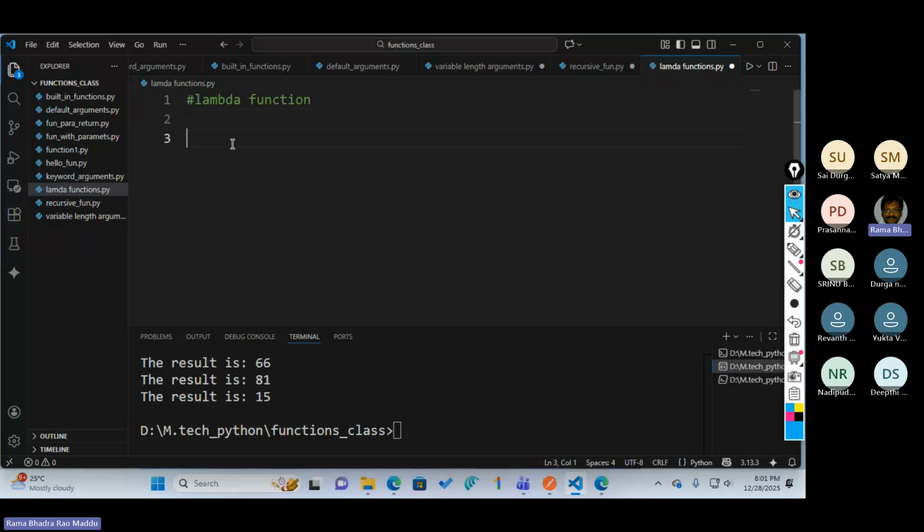If you want immediate evaluations, but you don't require any separate definition, for one-line calculation purposes, most widely we use lambda. For example, I want to calculate the square value for the given number. Then you can write lambda, and what you're going to give as input and what you're going to get.